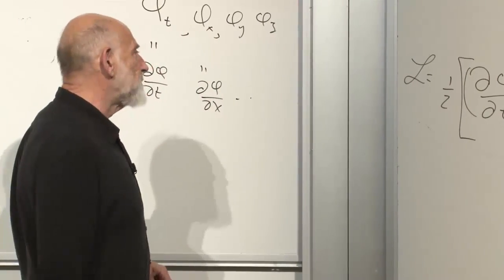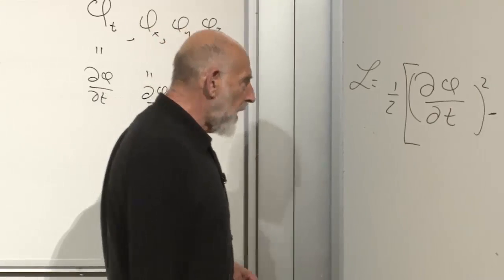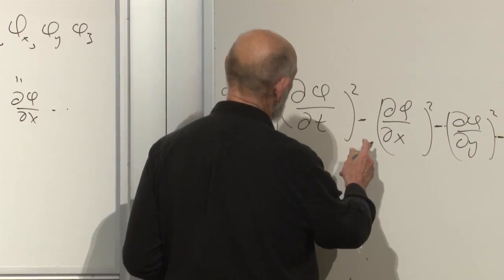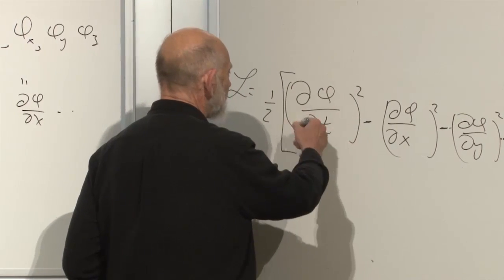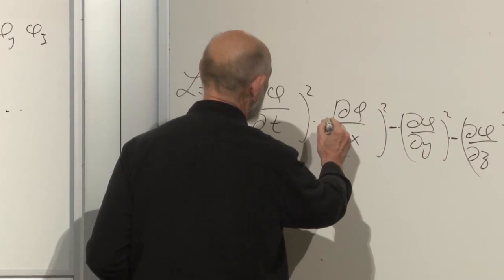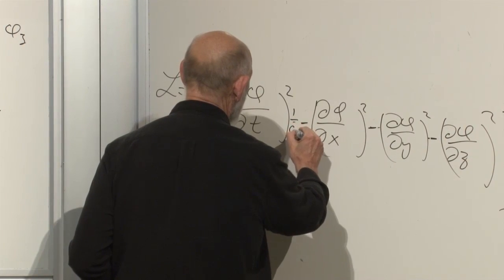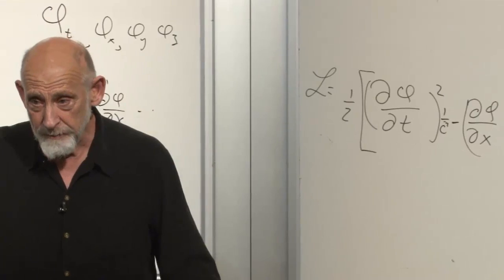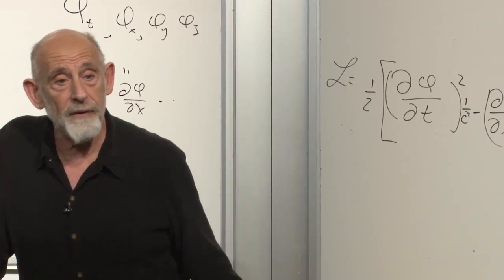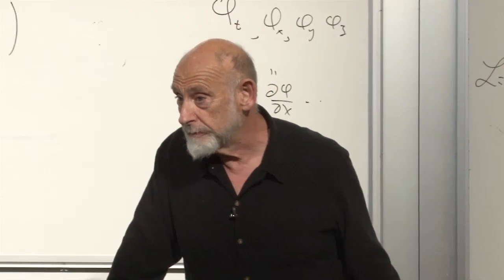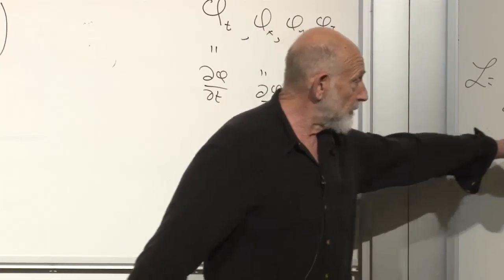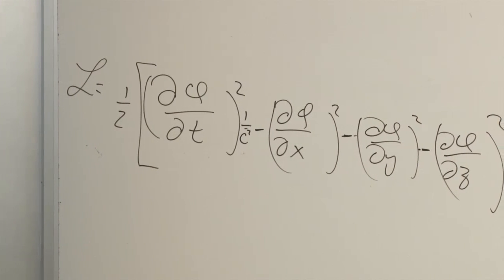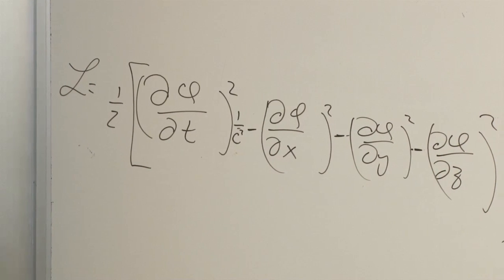That's units. Right. C goes with T, so we might put a 1 over c squared in front of this one here. 1 over c squared. But this might not be light. It might be sound. Or it might be elastic waves in a solid. Then what would we replace this with? Sound velocity. Or the elastic wave velocity or whatever.